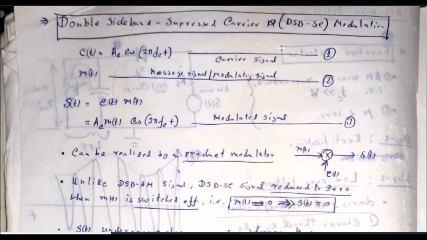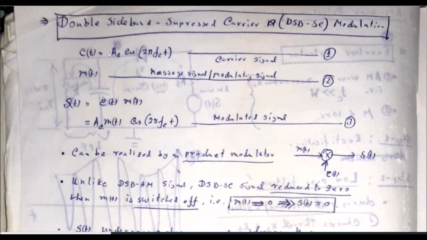In case of the double sideband suppressed carrier modulation technique, or DSB-SC technique, the unchanged carrier term is suppressed and the rest of the two terms, the upper sideband as well as the lower sideband, are transmitted as the modulated signal. So the transmission efficiency increases. I will discuss those later. Before that, I am starting the analysis of DSB-SC modulation.